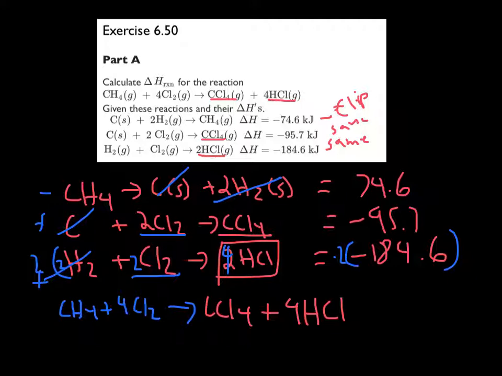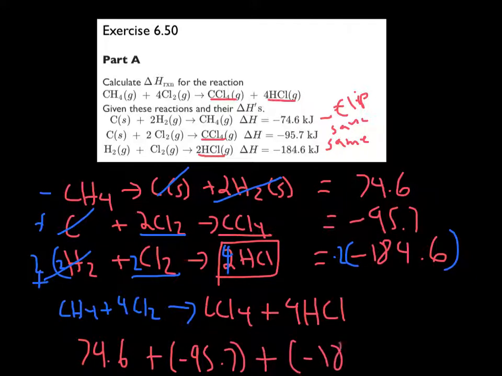Now we have to add up all the enthalpies, the delta H's. So we get 74.6 plus negative 95.7 plus negative 184.6 times 2. And I got a value of negative 390.3. Now, these problems, guys, I recommend you do these all up by yourself and write every single step out like I did here